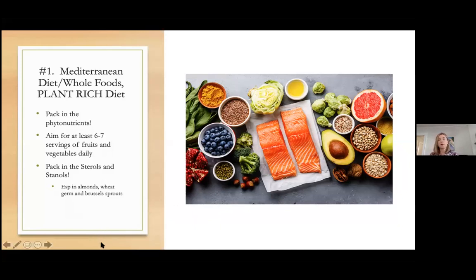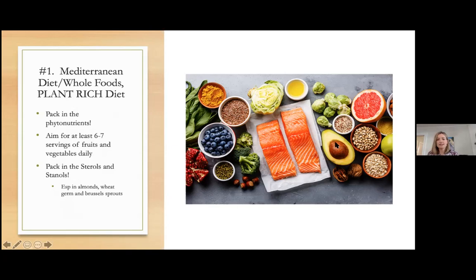So all of these fruits and vegetables, these plants, the rainbow of colors, contain different types of these phytochemicals that can protect our heart and protect our cells and our endothelium, right? That little thin layer inside of our arteries that's very delicate. These all provide basically medicine to protect ourselves.